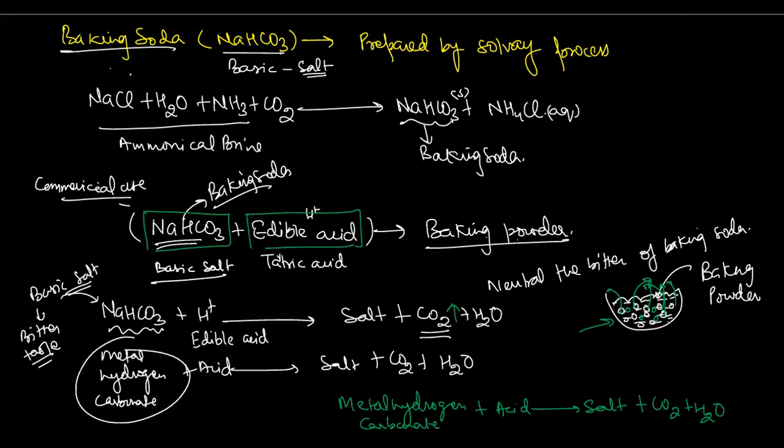So now you understood the role of baking soda, edible acid in the baking powder. Yes, sir. So first of all, it helps in neutralizing the bitter taste of the baking soda, and secondly, it helps in producing the carbon dioxide from the baking soda, because acids when react with metal hydrogen carbonate, they form salt plus hydrogen gas, plus carbon dioxide plus water. So this carbon dioxide is actually used for preparing